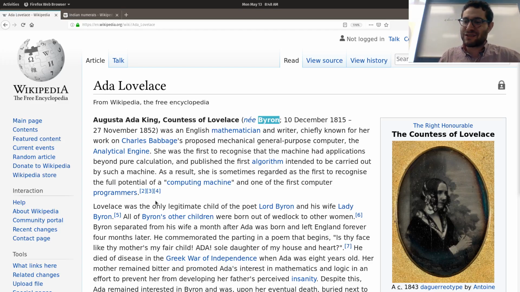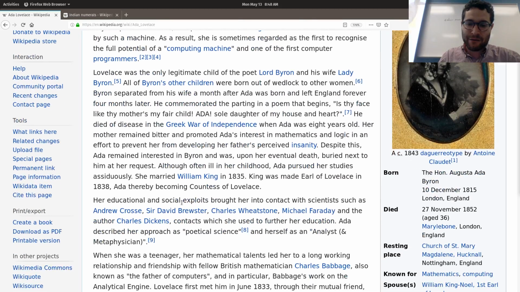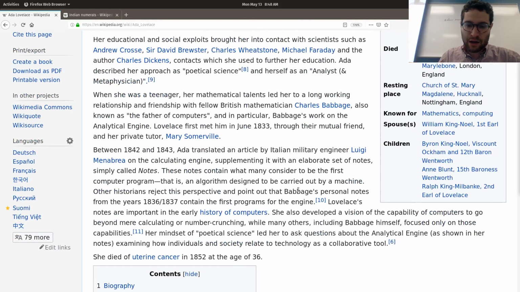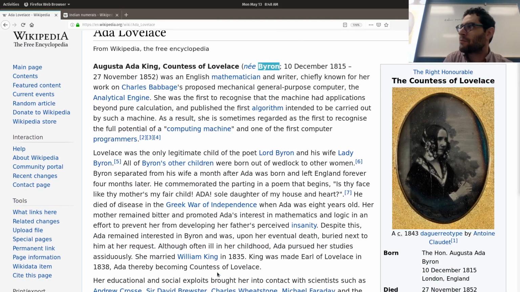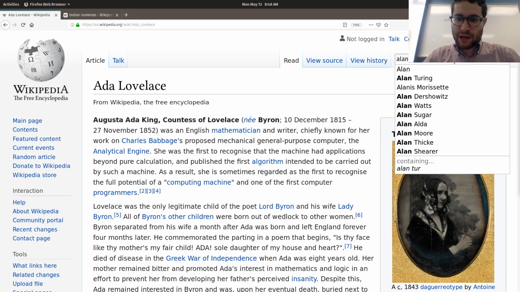And as a result, she solidified herself as one of the first computer programmers. She was about 100 years ahead of her time. Sadly, she died at a very young age, age 36, from cancer. But as far as I understood, it was considered the fate of the Byrons at that time to die at a very young age. So, the next person who's notable in computing was Alan Turing, right?